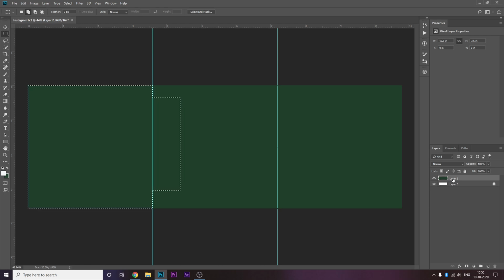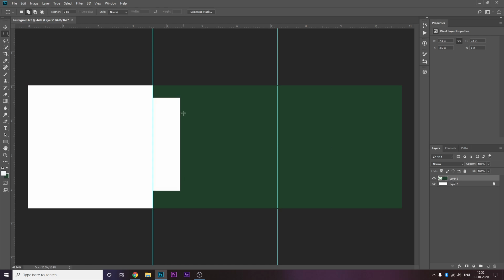If you have delete, then delete. If you have backspace, then backspace, and voila, that person is forever out of your pictures. Okay, quick tip. Now you realize, oh, but the picture is ruined. I wanted it to be a good picture, and now it is no longer a good picture. So you want to undo. So you do Control Z.